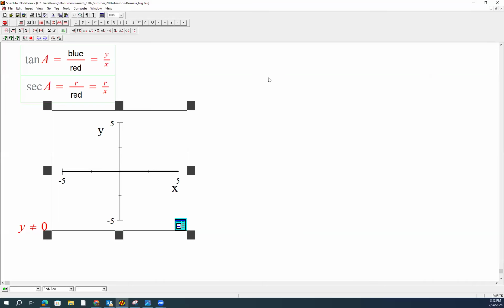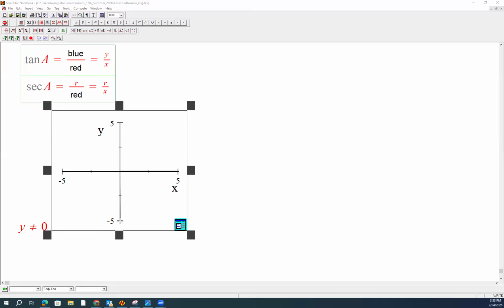So if we draw any terminal, in this case, x is not 0. And when will x be 0? The red equals 0, right here. We only have blue, we only have y, no x. And the other terminal will be this one. So any angle that terminates on the y-axis, those are the angles that cannot be the